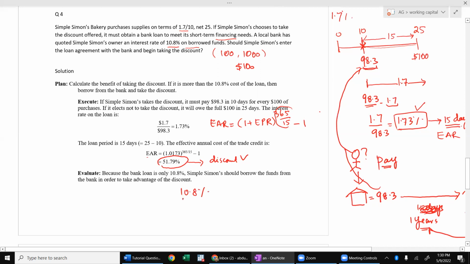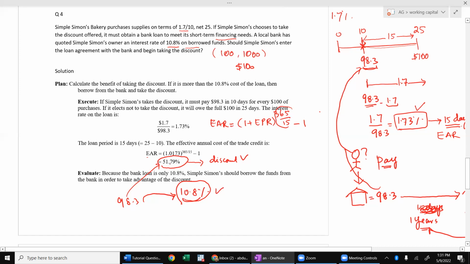So if we take a loan of 98.3 at the rate of 10.8%, we are earning more than what we are going to pay to the bank. So in this situation, it's better to take a loan from a bank, pay them 10.8% and get an annual benefit of